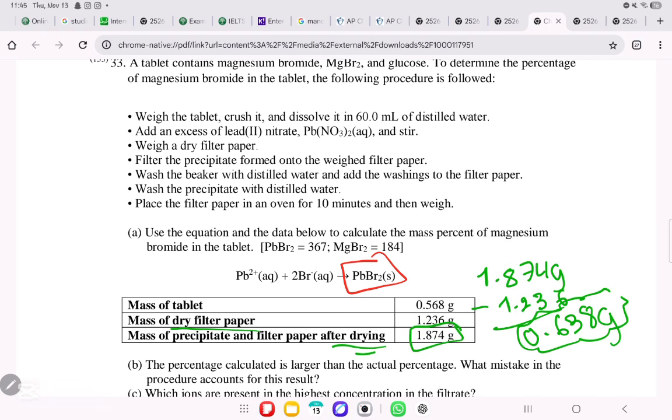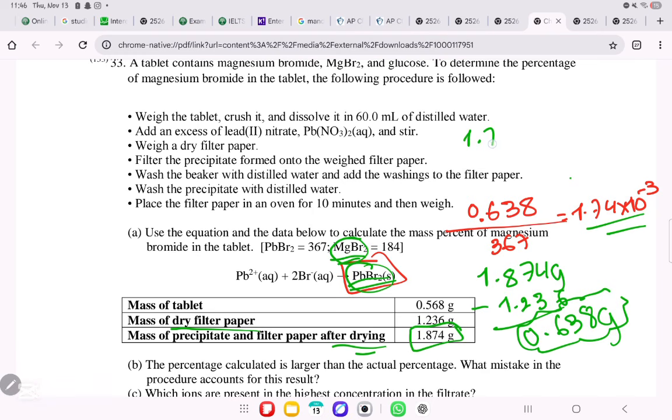How do we find the number of moles? 0.638, which is the mass, divided by the molar mass, which is 367, will give me 1.74 times 10 to the power of minus 3 mole. Now, from what I'm understanding, PbBr2 will have the same number of moles as MgBr2. So now that we found the number of moles of PbBr2, we can find the number of moles of MgBr2, which is also 1.74 times 10 to the power of minus 3, and we can find the mass. So you do number of moles times the molar mass to get the mass. Put it on the calculator, and you will get